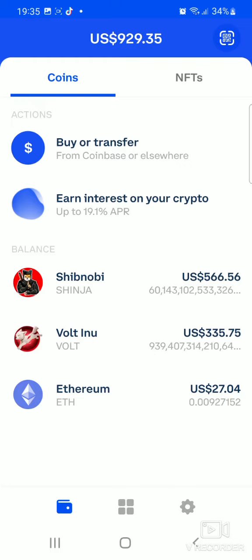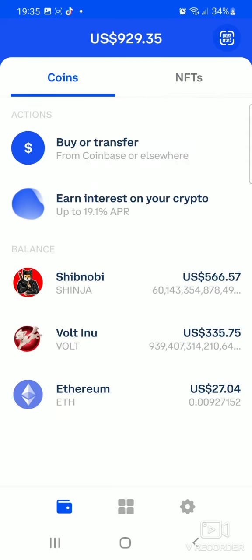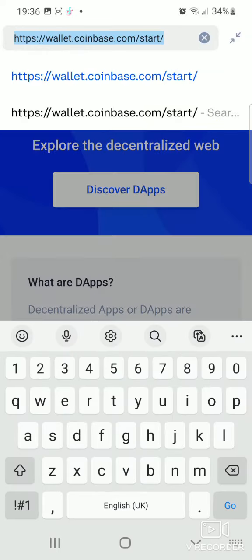Now to do this, all you have to do is to go to your Coinbase wallet. It should look like this. Make sure that you are on the coins tab and not the NFTs tab. Be on the coins tab right there. Look below. You can see some 4 boxes here at the center. Click right there. And then click on the browsing tab up on the Coinbase wallet. You can see there's a browsing tab right up there. Click right there. And then you type in